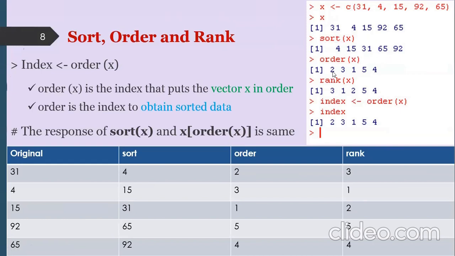देन उसके बाद हमने जब ऑर्डर की कमांड दी तो वो हमें ओरिजिनल डाटा में बताएगा कि जो नंबर 4 था वो कहाँ पे था, और जो नंबर 15 था वो कहाँ पे था। सॉर्ट में नंबर 4 ओरिजिनल डाटा में सेकंड नंबर पे था, उसने सेकंड नंबर शो कर दिया। 15 थर्ड नंबर पे था, उसने थर्ड नंबर शो कर दिया। 31 फर्स्ट नंबर पे था, उसने 1 से डोनेट कर दिया। 65 नंबर 5 पे था, और 92 को 4 कर दिया। इसके बाद सर हमने उसको रैंक किया। रैंक में उसने हमें डाटा शो किया। सर ये रैंक तो एक बार बता दीजिएगा।